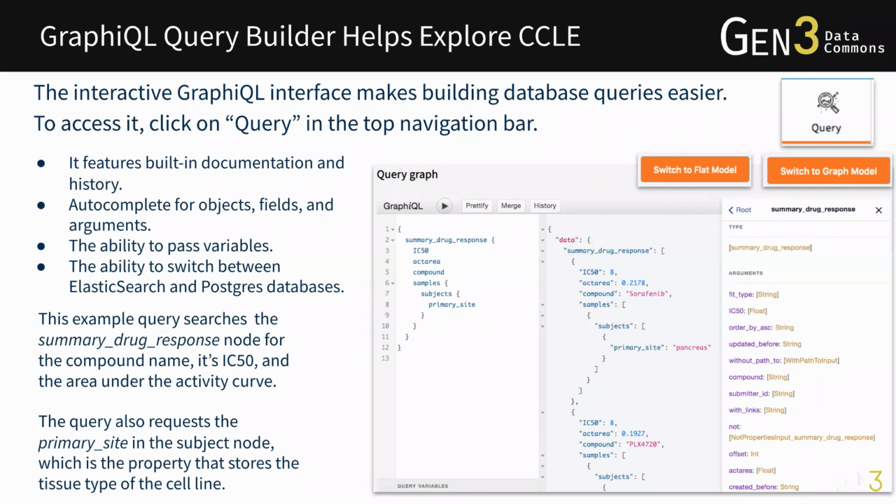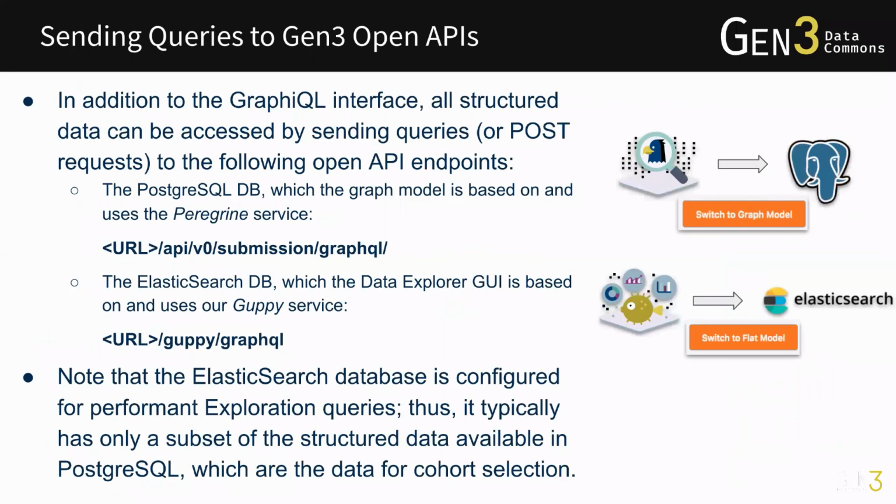The example query on the right searches the summary drug response node for the compound name, its IC50, and the area under its activity curve. The query also requests the primary site in the subject node, which is the property that stores the tissue type of each cell line. In addition to the graphical interface, all structured data can be accessed by sending queries or